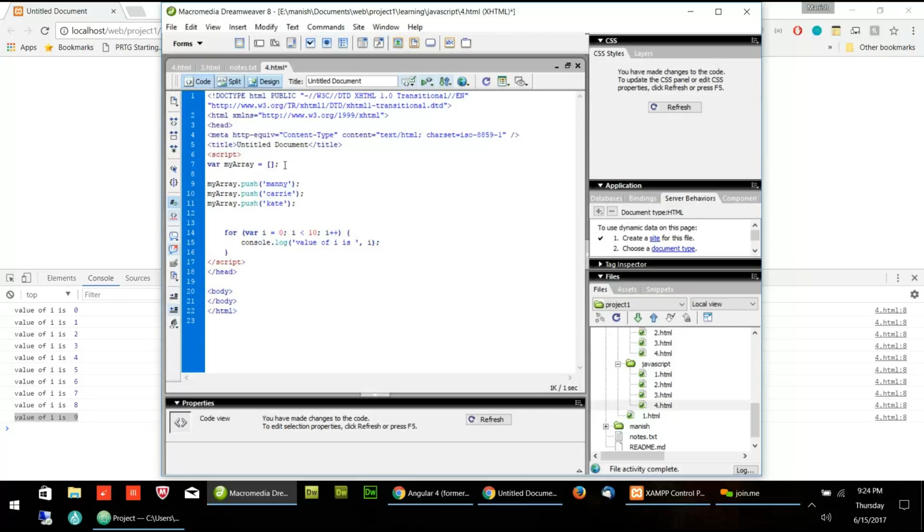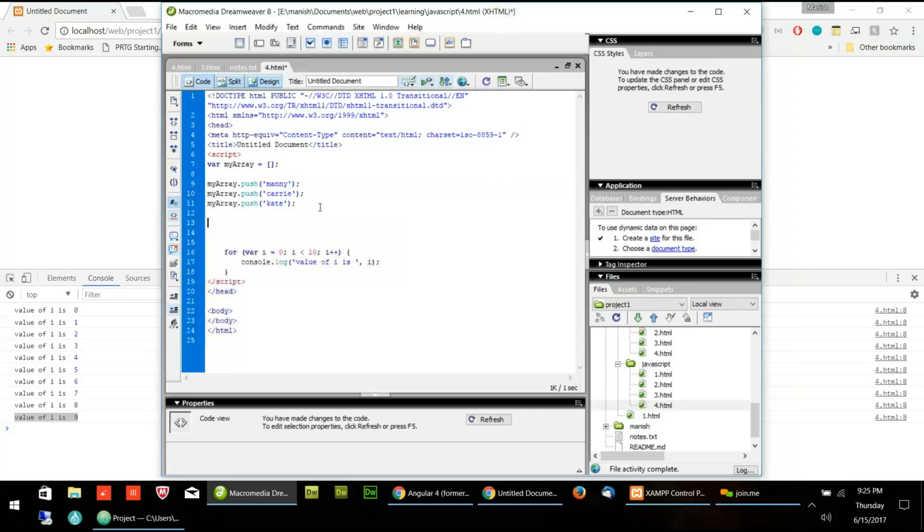So now tell me how many elements are there in this myArray? 3. 1, 2, 3. Though the maximum index is 2, because it starts with 0, 1 and 2, the total elements are 3. This is first element, second element, third element. So when I ask you how many elements are there, you have to count it and say it is 3.